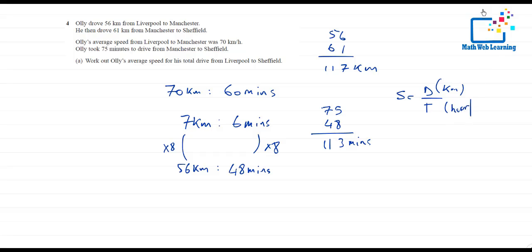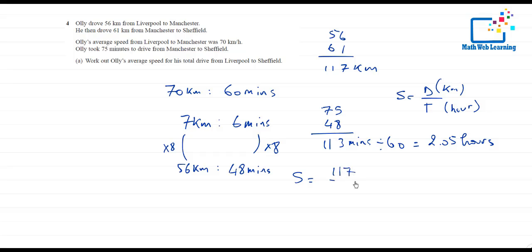Okay, let me just correct that one. You are right. So this 123 minutes, we need to convert it to hours, so we need to divide it by 60, and that will give us 2.05 hours. Okay, so basically the speed is